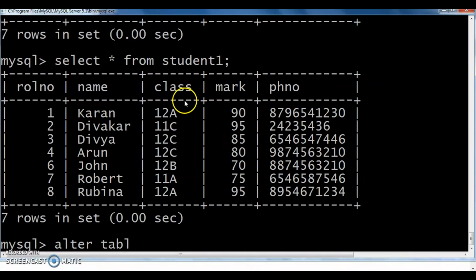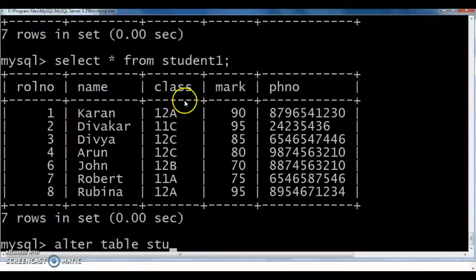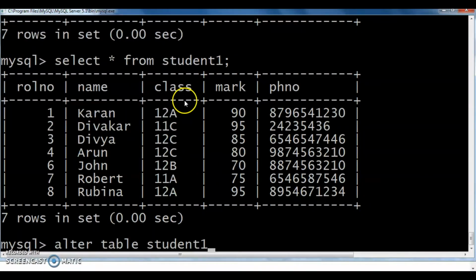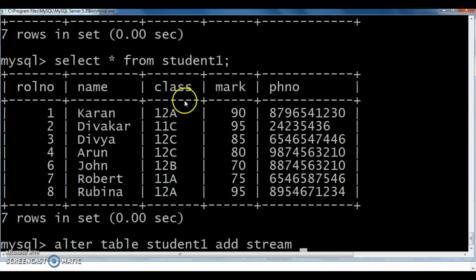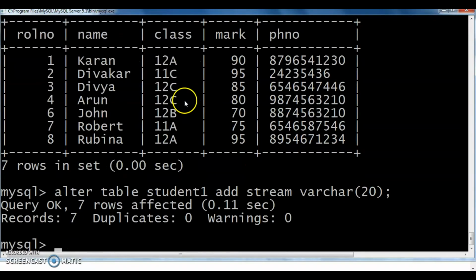Alter table student1 add stream varchar of 20. Query OK, 7 rows affected. Now we can check that one.